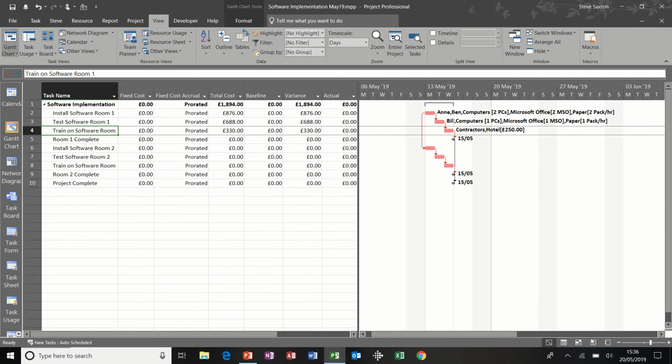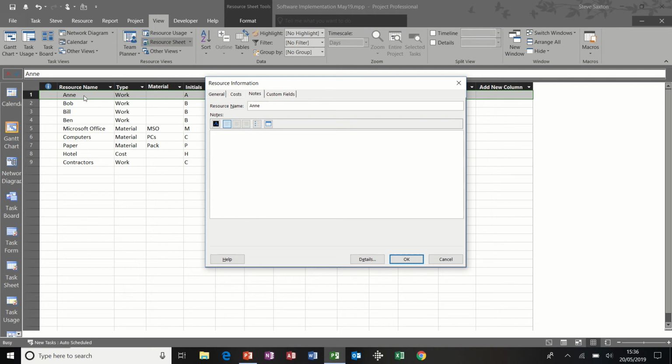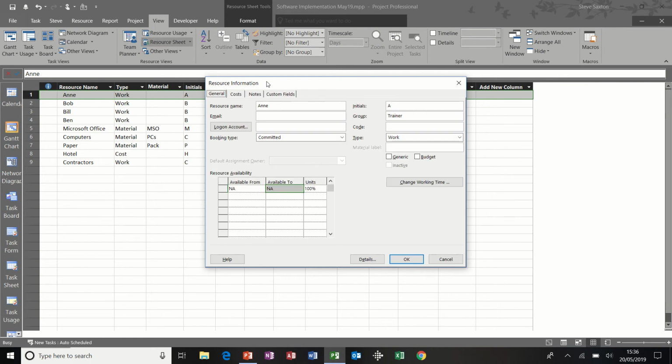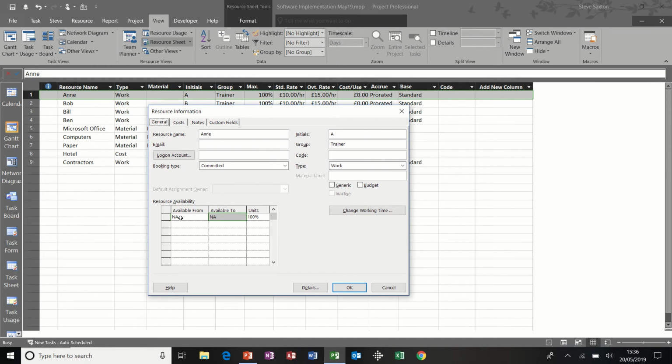Now if I go back to the resource sheet and double click on Anne, for example, I will look at the resource in more detail. So when the resource information box comes up, when you double click, this is about Anne. You've got her availability at the bottom there. If I change that and say, for example, she's not available until the 27th, but thereafter she's available, if I click away from that and click OK,